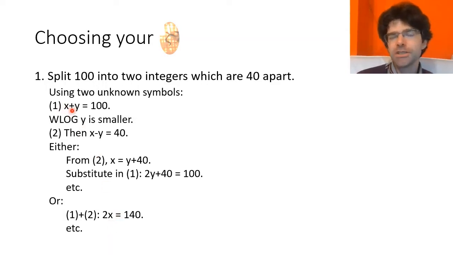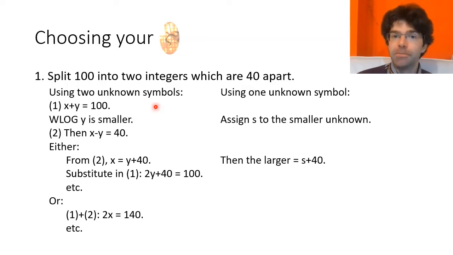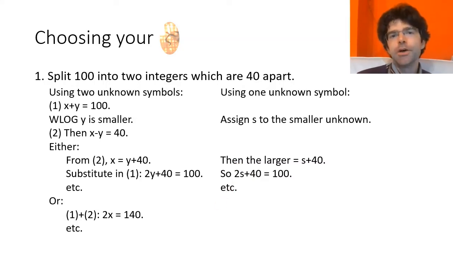So what he does is just subtly different. He jumps in at assigning s to the smaller unknown, and he describes the larger number as such rather than giving it a symbol of his own. So he gets straight to this substitution that we talked about just now. So in this problem, having one symbol, obviously it doesn't make a huge difference to the method, but as the problems get a bit more complicated, the choice of what to call s can make more of a difference to how neat the solution is.